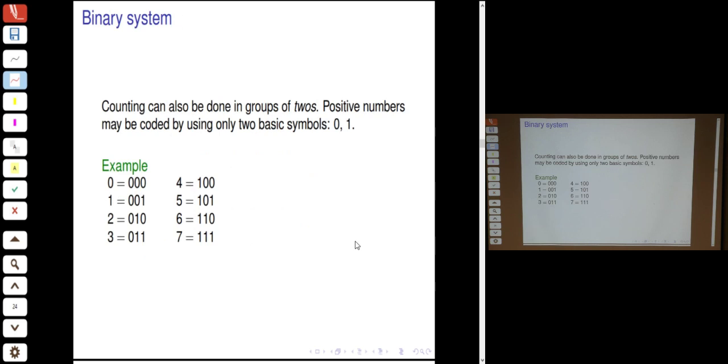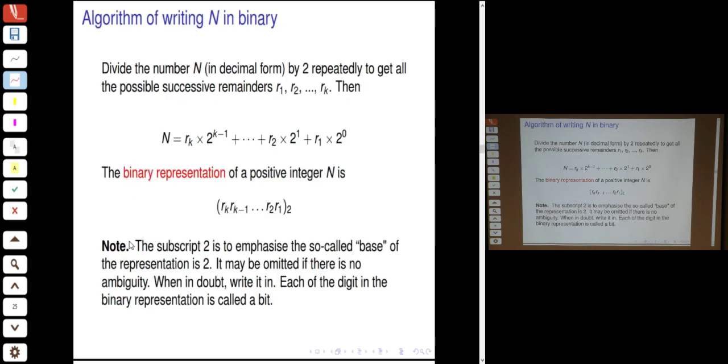So here is some more on the binary system. Counting can also be done in groups of 2's. This is less suited to the way human beings count and more suited to the way machines or electronic devices operate. So 0 can be thought of as 0, 0, 0, 1 can be thought of as 0, 0, 1, 2 can be thought of as 0, 1, 0, 3 can be thought of as 0, 1, 1, and essentially these are